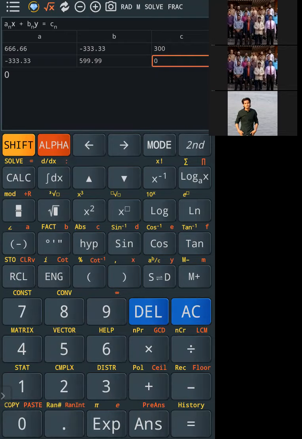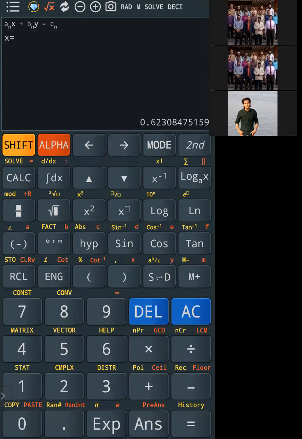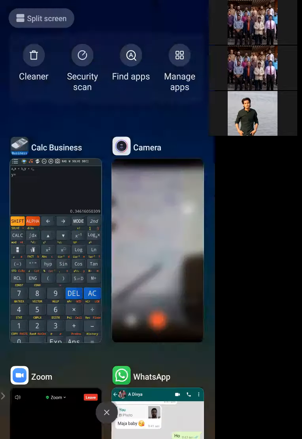And now I will solve it. So I will get this value as U2. Can you check this value? The value of U2 which we are getting is 0.6231 mm. Similarly, we are getting U3. I will again click on the equal to sign, so I will get this value as 0.3461 mm. Is that okay? All of you?